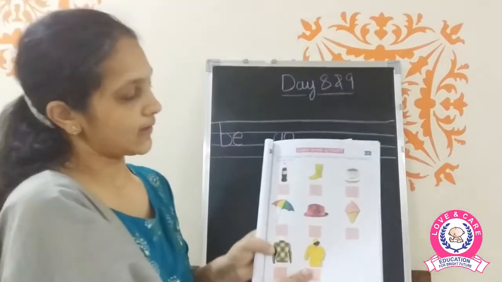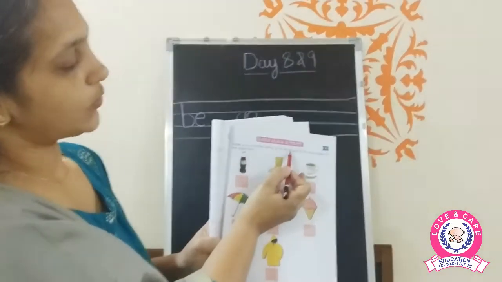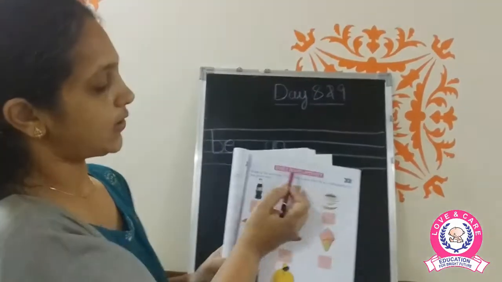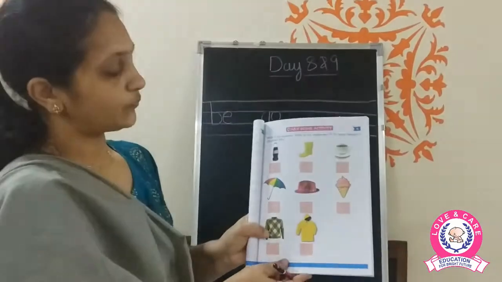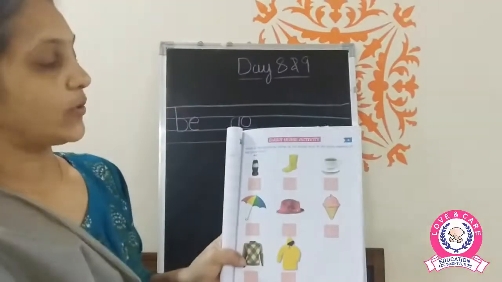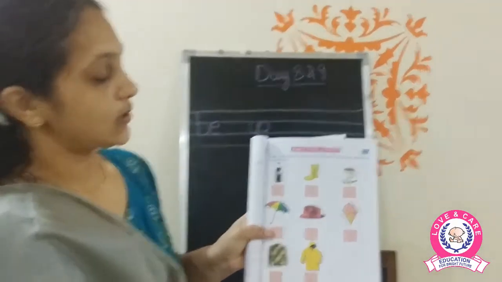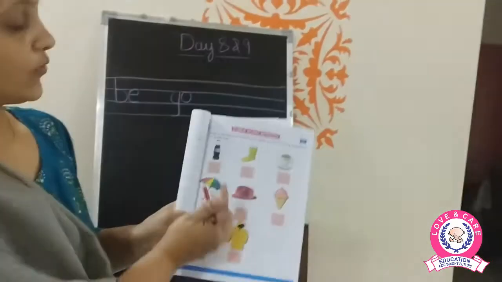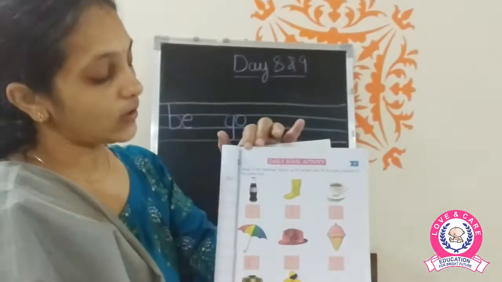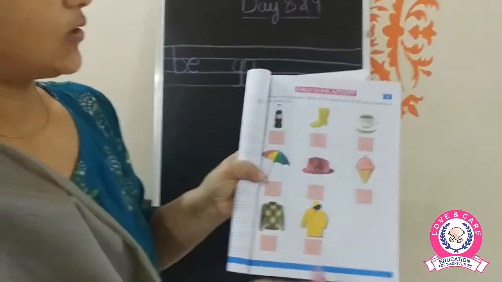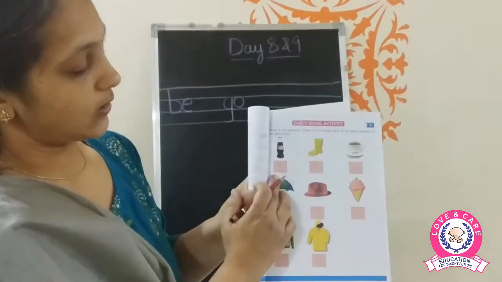Now moving on to the next page, what you have to do, you have to write S for the summer season, W for the winter season, and R for the rainy season for the given pictures below. So now you can see all the different pictures, and you have to see which season they are used in. So first you can see is a picture of a cold drink. Now when do we drink a cold drink? Cold drink is used during the summer season when it is really very hot. We drink something that is cold. So we have written the letter S.